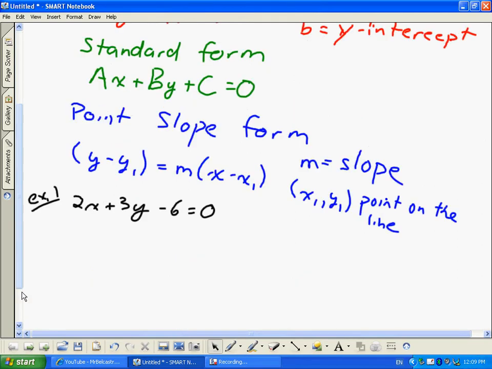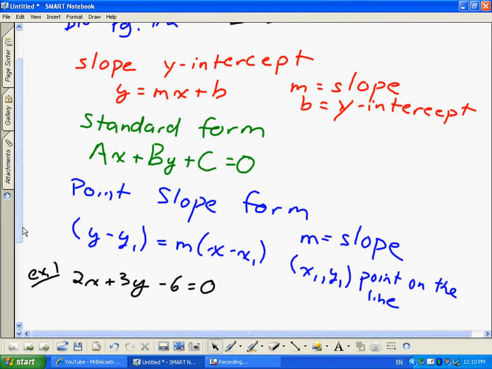And finally, today, they've given us a formula for point slope form. That is y subtract y1 equals m, which is the slope, multiplied by x subtract x1. So m is your slope. x1 and y1 are a point on the line. So you'd be using your third form. Maybe we should number these just so you guys have an idea. Our third form